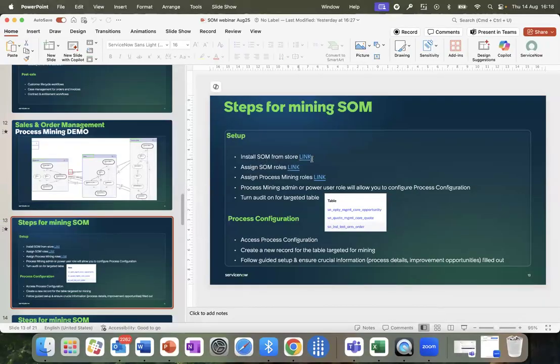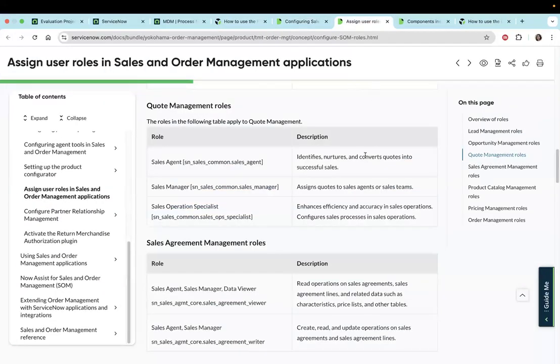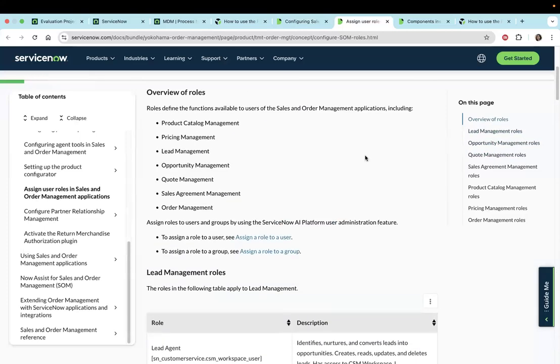Once you install the SOM app from the store, you then need to assign roles. This link is for role assignment. For assigning SOM roles, make sure that the tables that you plan to mine are covered. For example, today I'm going to show you mining for the opportunity table and customer orders table or quote table.